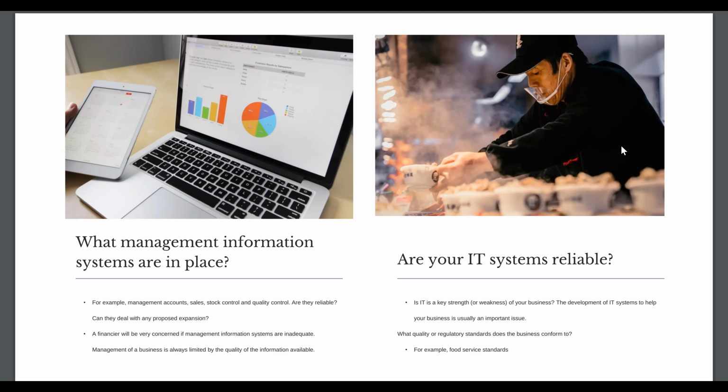And then for regulatory standards, just make sure all of your technology is up to date. An example of IT systems being reliable on a dangerous scale would be Chernobyl in Russia, or no, maybe that's Ukraine. I'm getting this mixed up. But whenever their nuclear processing site failed, that was an IT issue that could have been prevented.